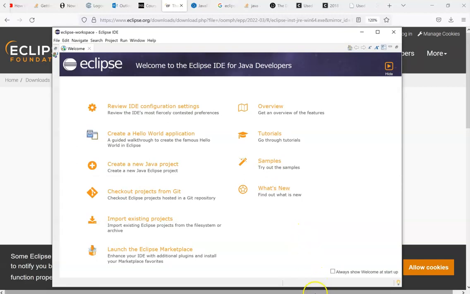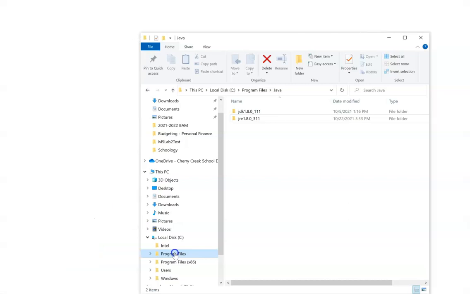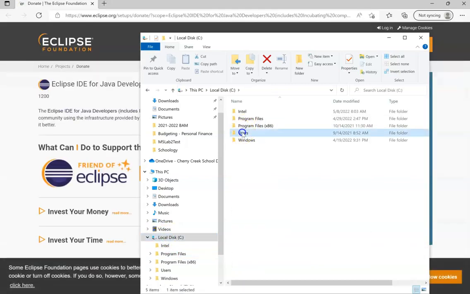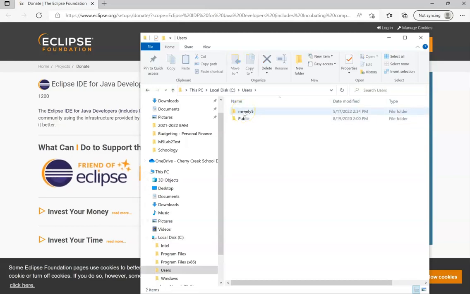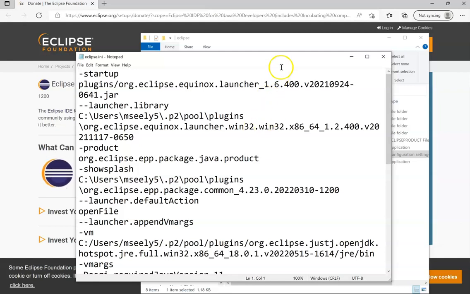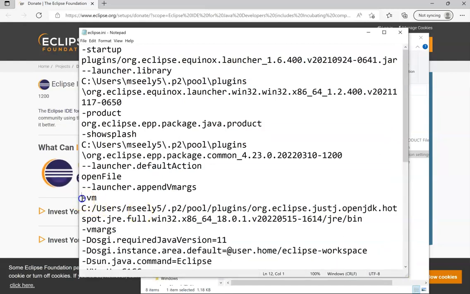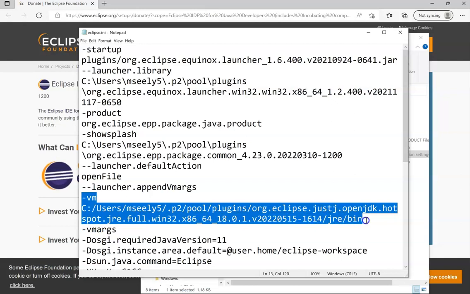Either way, if this does not work after you shut it down, the reason why I wanted you to copy that address: if you go into your C drive and then users, mine was mseely5, and then down here in Eclipse, right here, in this file right here, it added it this time. So I guess if you don't,